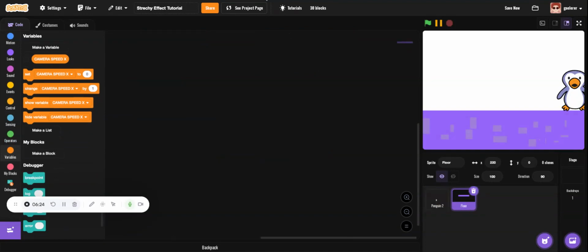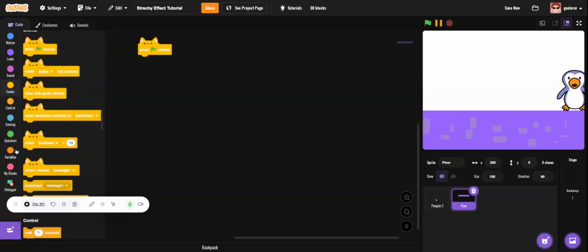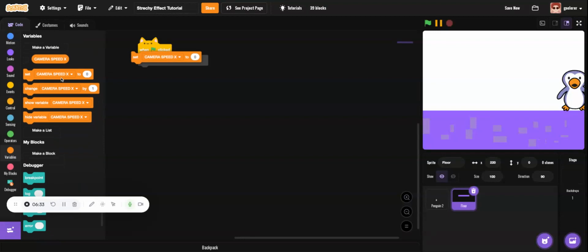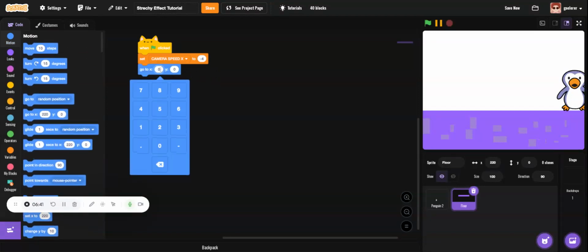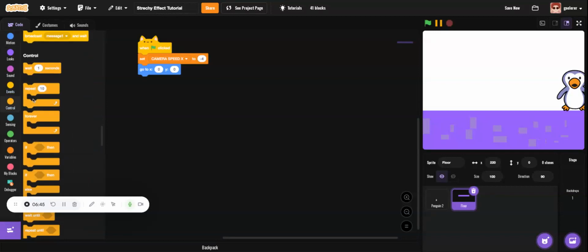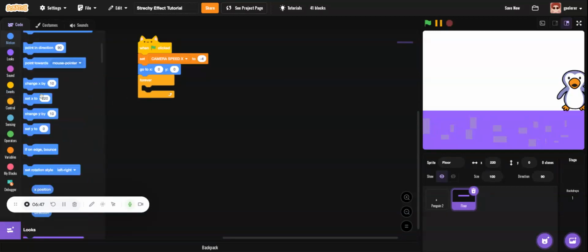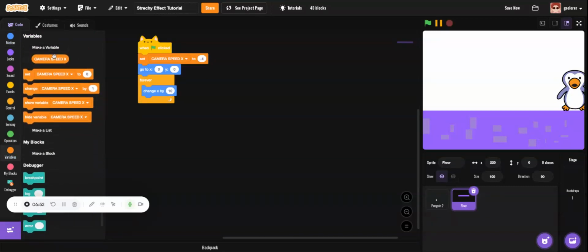Now go to the floor, and when green flag clicked, set camera speed x to -4, go to x and y 0, 0, forever change x by camera speed x,